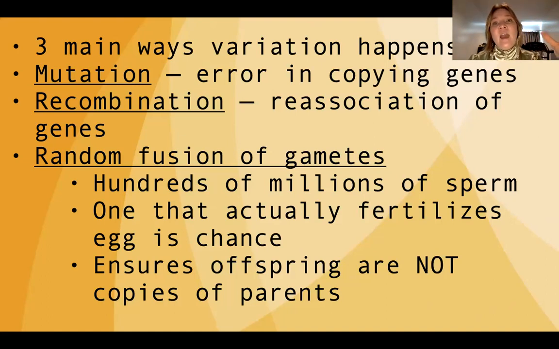So anyway, out of all of the sperm that are made, all of them are genetically different because the chromosomes line up independent of each other and they separate randomly. Random separation, something like that. By doing it this way and having evolved this way in sexual reproduction, it ensures that the offspring are not